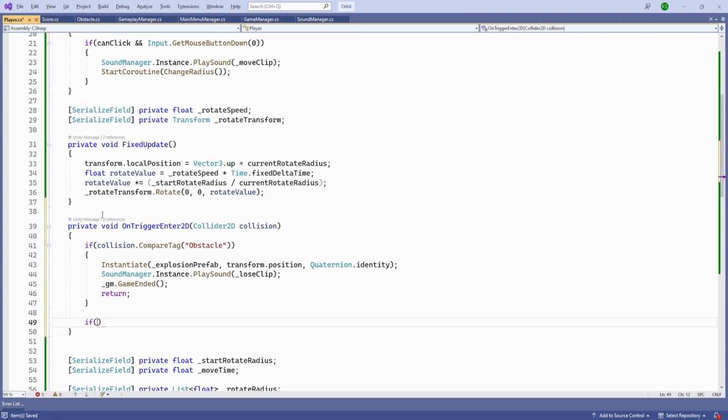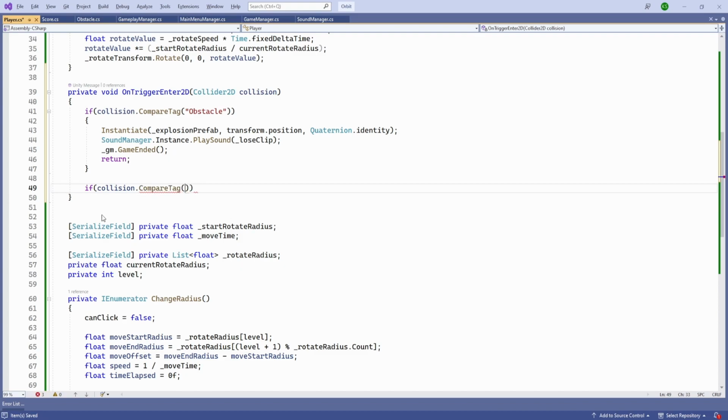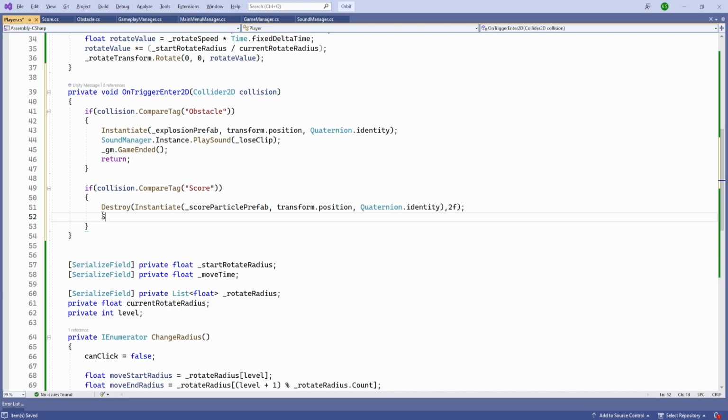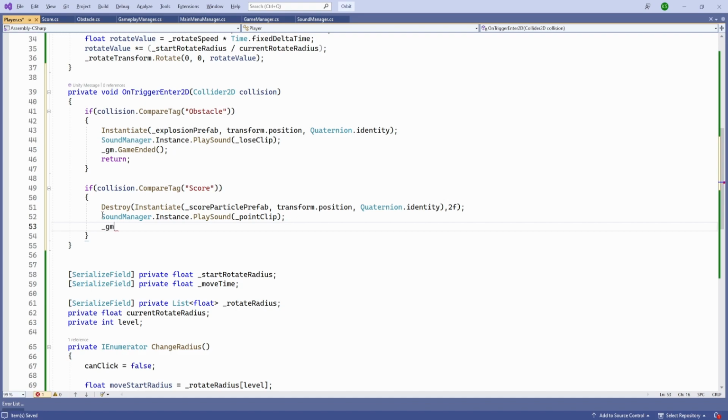And similarly, if our collision.CompareTag and we have the tag of score, then we'll need to instantiate our score particle prefab at transform.position and Quaternion.identity, and we'll also need to destroy it after instantiating, and we'll destroy it after 2 seconds. And after that we'll do SoundManager.instance.PlaySound, and we'll pass our point clip, and we need to update our score,